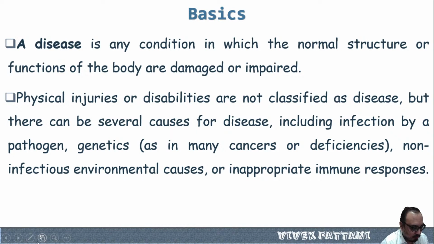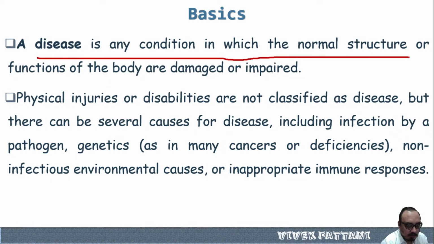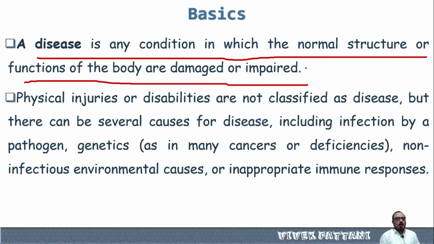So, moving forward with the basics of this unit. A disease, what do you mean by a disease? Disease is basically a condition in which the normal structure or functions of the body are damaged or impaired. Please write down this definition. A disease is any condition in which any normal structure or function of the body is damaged or impaired, and whatever may be the reason,